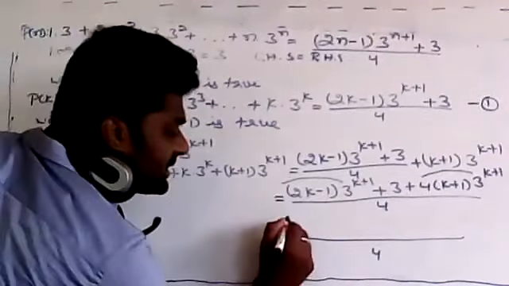What is remaining here then? 2k minus 1. Correct or not? Then multiplied 4 to this one. What is remaining then? 4k plus 4, no? Plus 4k plus 4 plus 3. This one, 3, I'm writing outside. Correct or not? From the first term and the last term, we are going to take 3 to the power of k plus 1 as a common. Remaining is what? 2k minus 1 and there 4k plus 4, plus 3 divided by 4. Correct?